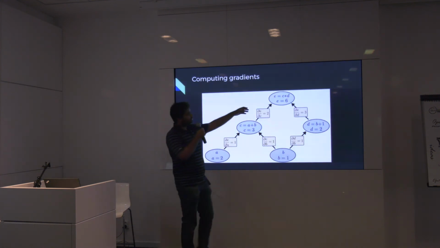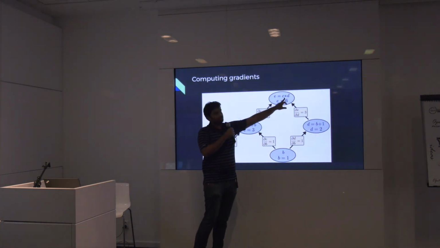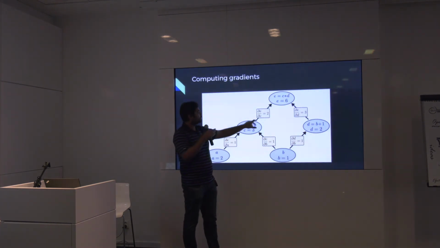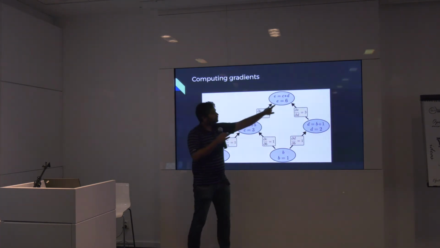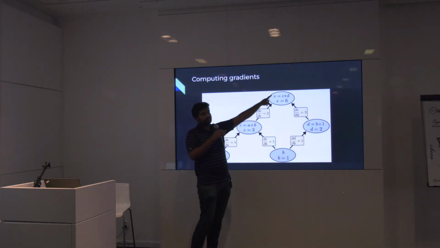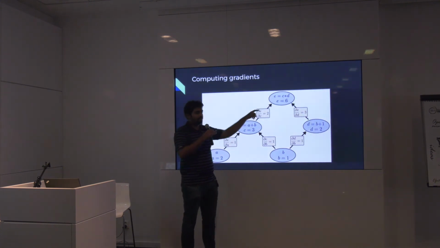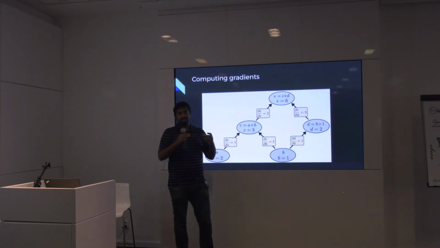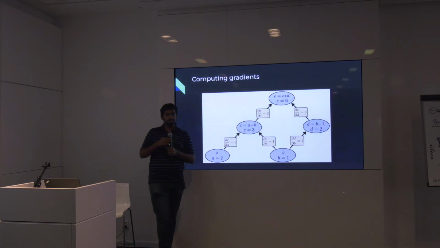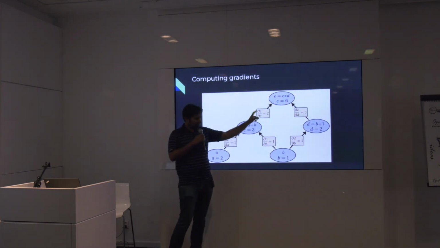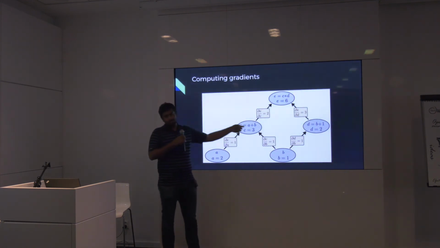You have an output, and it depends on C and D. So you compute the gradients, or its partial derivatives, with respect to C and with respect to D. And you tell them, look, my output is wrong. It's wrong because you gave me the wrong inputs, so you need to change. The gradient gives an idea of how much you need to change. And there's another hyperparameter called learning rate. You multiply your gradients with the learning rate and you update weights.